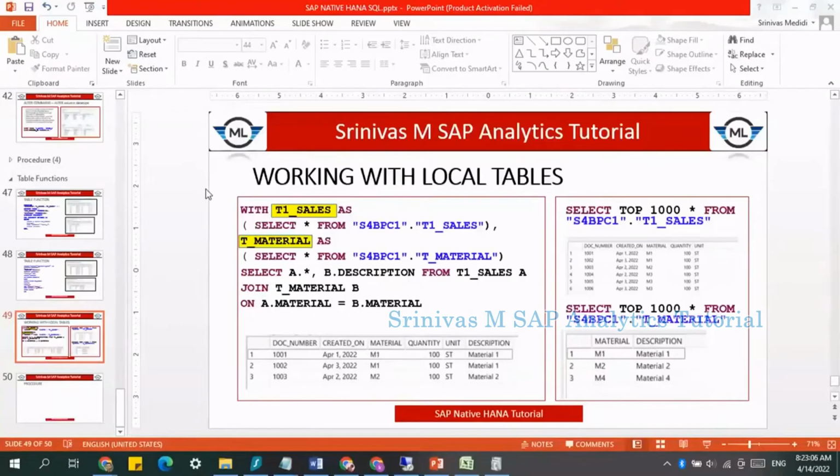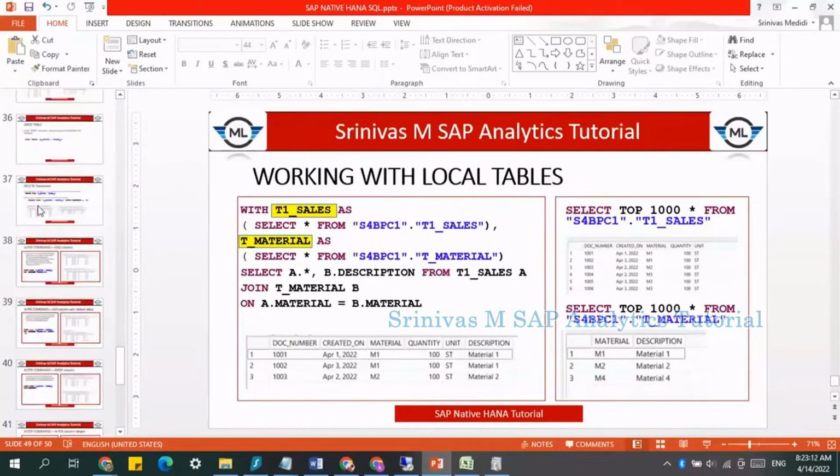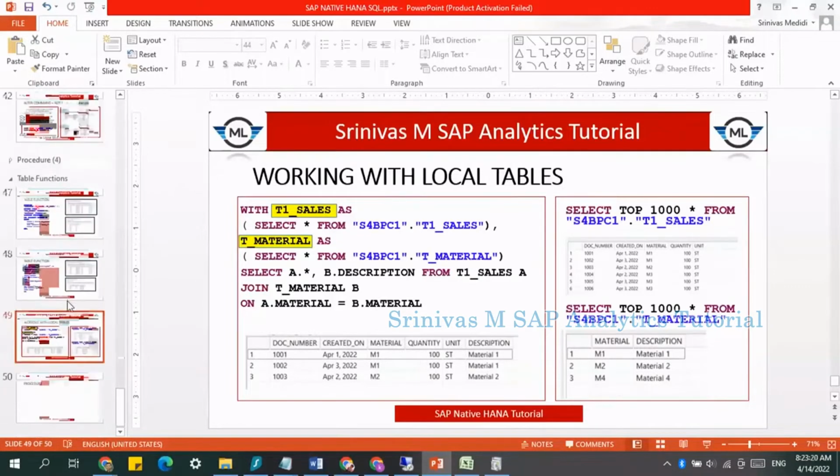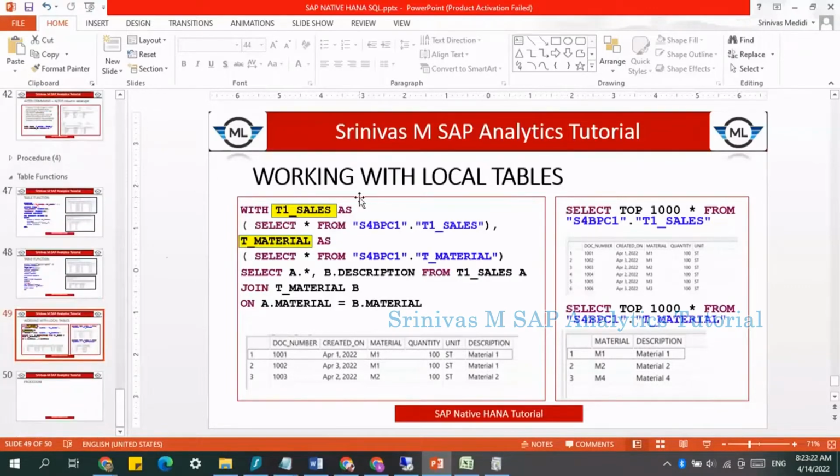So far in our classes, we learned about procedures, table functions, and how to use different SQL statements like create, alter, modify. All we worked on it, right? And in today's class, this is the last in SQL, where we are going to learn